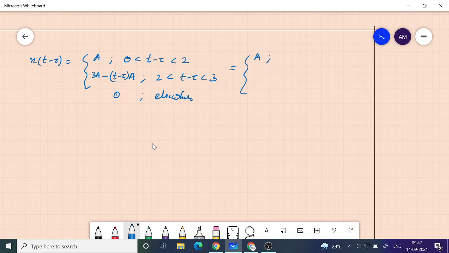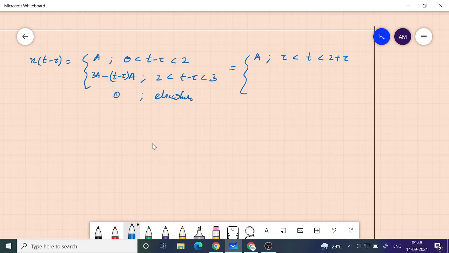here there is only a, and then here I have to take this tau to the other side. So it's t minus tau. When you take it to the other side, it will become plus tau. So this will become tau less than t less than. In other words, you add tau everywhere. So 0 plus tau, you get tau. t minus tau plus tau, you get t. And then here you have 2 plus tau. And a similar thing you do here also.